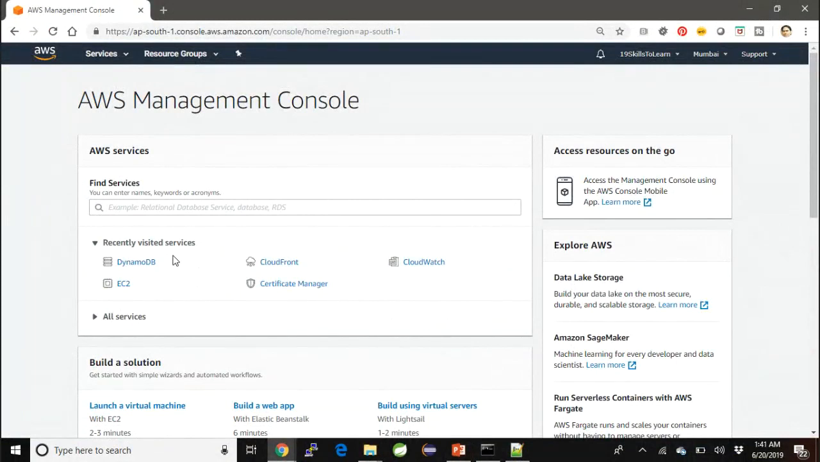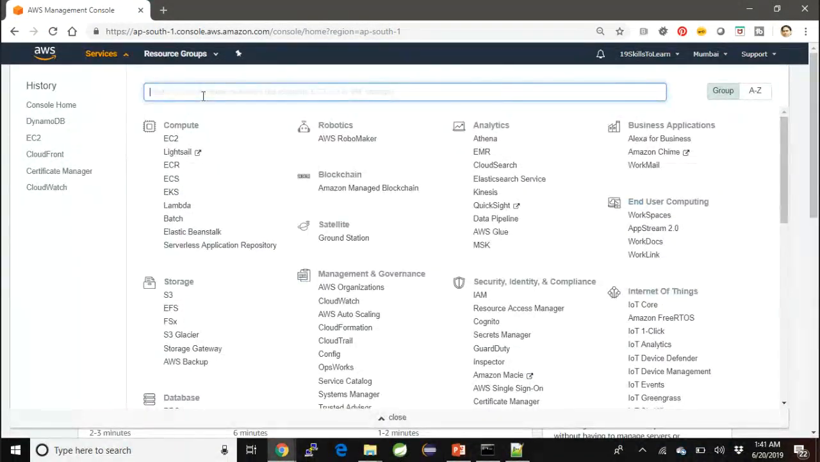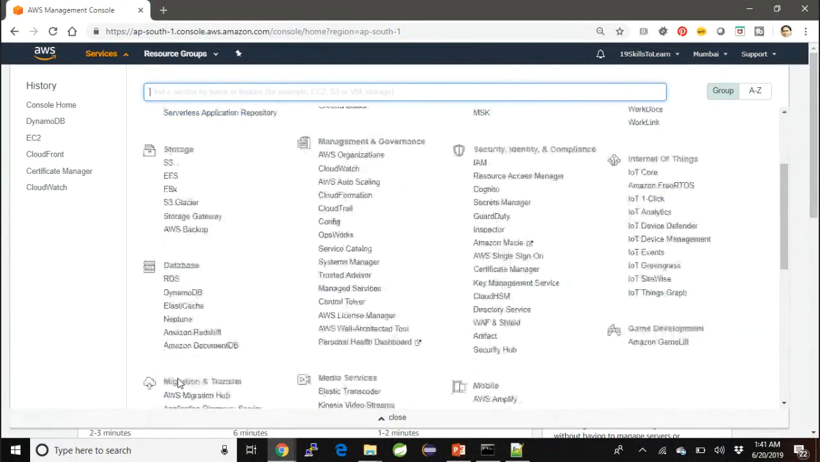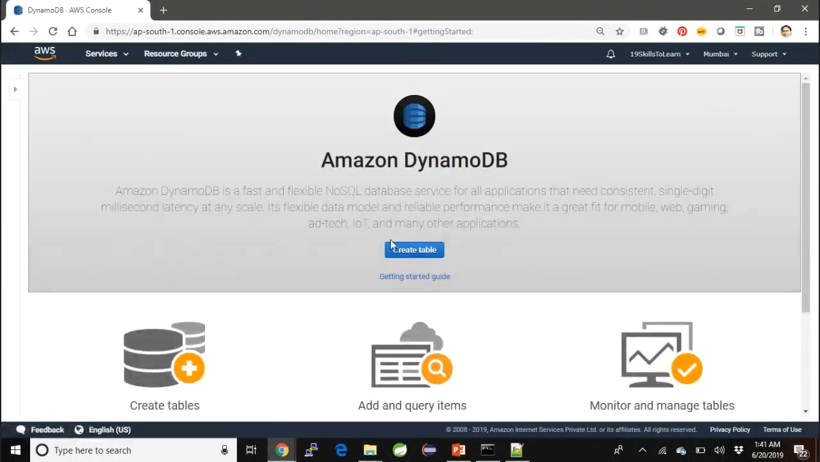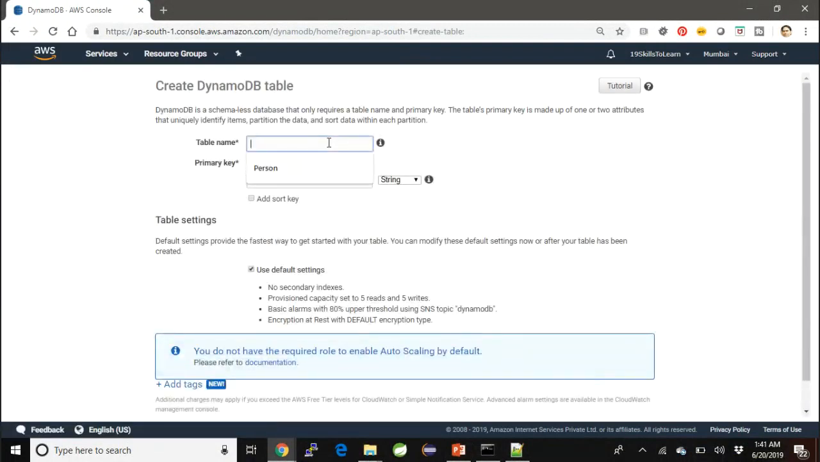And you should locate your service DynamoDB from the services, either from the database directly, or you can type over here alternatively. So once you click on DynamoDB, you will go to the splash screen of the DynamoDB. You can click on the create table and give a name as a table name. So in this case, we are going to give a name as a product catalog,